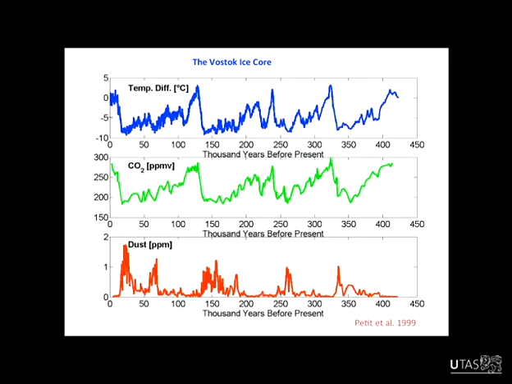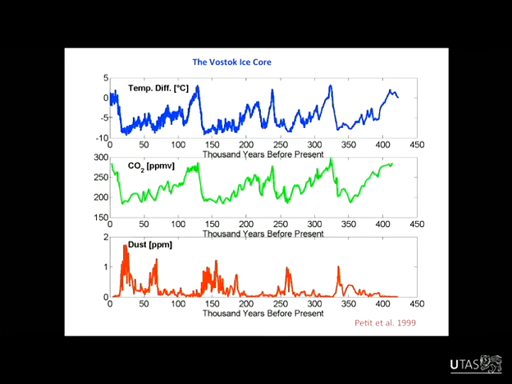By the way, have a look: go back 400,000 years, and CO2 has never got above about 280. And you can go back more than a million years, and it hasn't exceeded 280. I'm sure someone knows what we're up to today. Yeah, up to about 400. So we're all the way up here. Go back a million years in Earth's record, and we haven't seen CO2 concentrations like we have today.